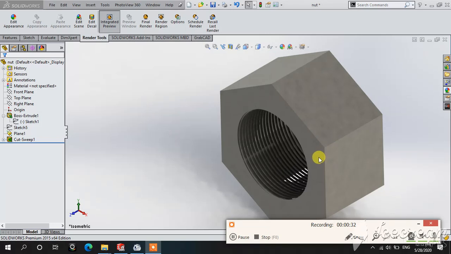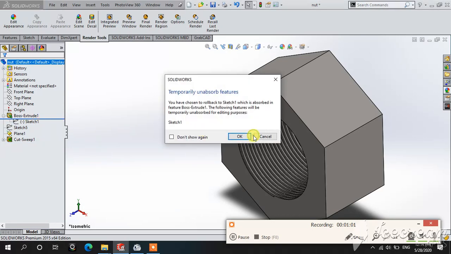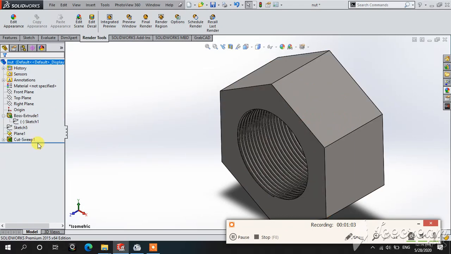As per the previous video, you learned many things. In this video you have to learn to design the nut. First of all, you have to create the geometry. For creation of geometry, you have to